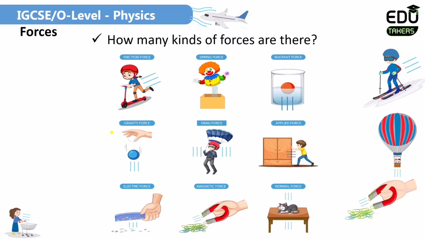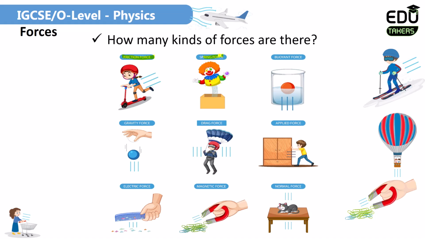How many kinds of forces are there? So there are different kinds of forces. First of all, here is the frictional force. The frictional force is basically present between two objects when one object tries to slide over the other object. And here actually this opposes the motion of the object. When you have to move the object, you have to apply the force, which is basically called the applied force. When the applied force is larger than the frictional force, then the object can easily move.